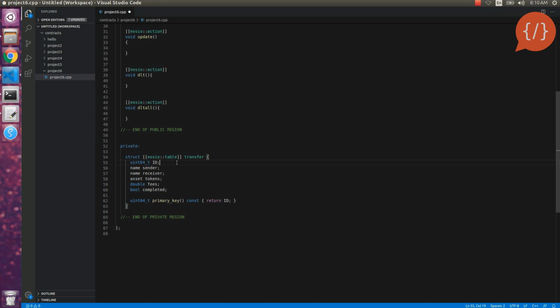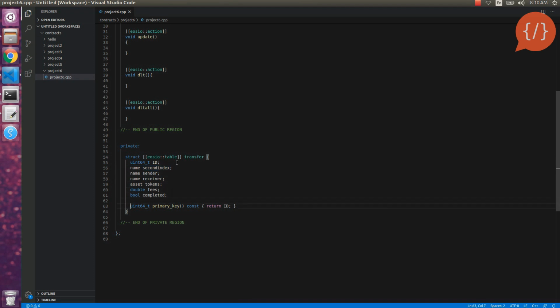So let's define a secondary index here. The secondary index could be of type uint64, 128, double, long double, or name, etc. So we will define a name secondary index. Let's name it second index. Okay, this is our second index,